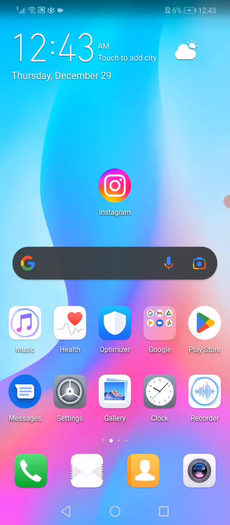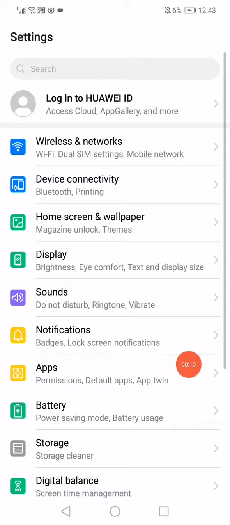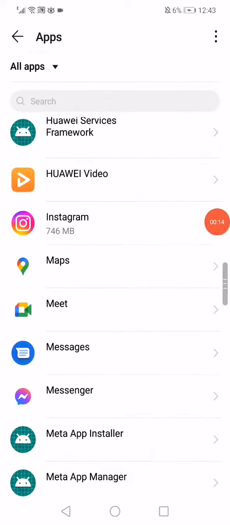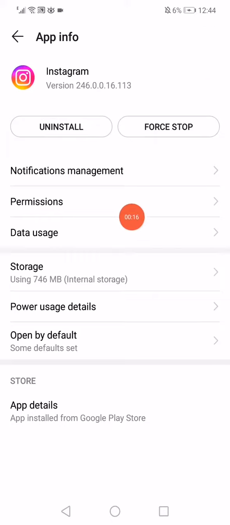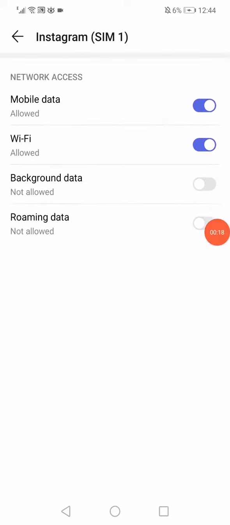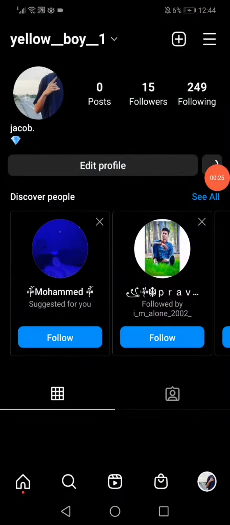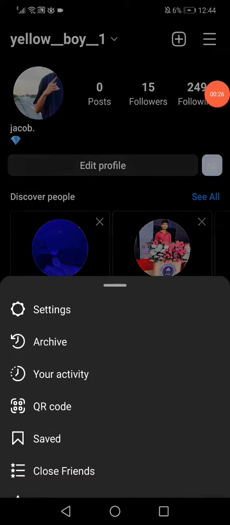First, open the settings, open the apps manager, go to the apps like this, and then open Instagram and go to data usage. Scroll and make sure that all those options are enabled right here. Go back, open your Instagram and go to the top here, click on those three lines,